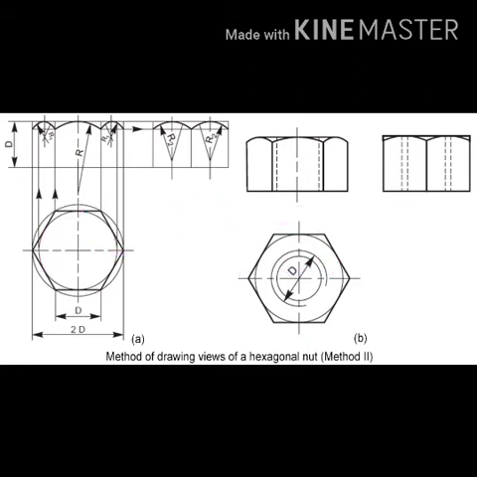Now let's understand how to draw a hexagonal nut using the parameter d. We know that d is the major parameter associated with nuts. That means it is the major diameter. By using this parameter, we can find out other parameters. This was already learned in the case of the hexagonal bolt. The same things are used in the case of the hexagonal nut.